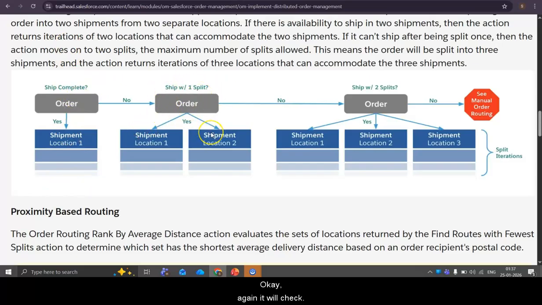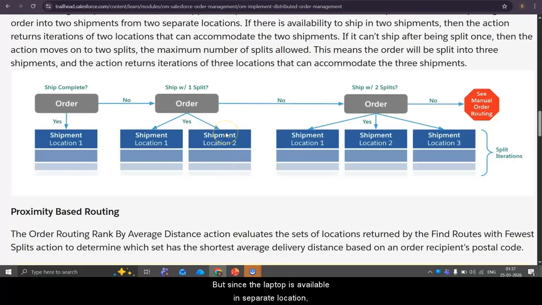Again, it will check whether we can deliver these three products from two shipments, or from two different addresses, or from two different stores. If the laptop is available in one store and mobile and speaker are available in another store, they can deliver both items in a single package and the laptop separately. So in this case there will be two shipments.